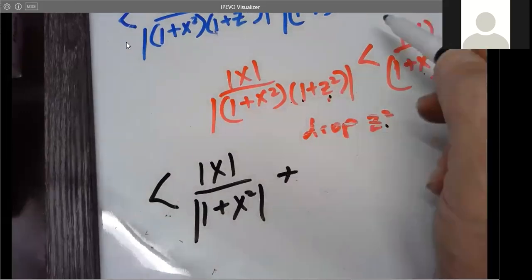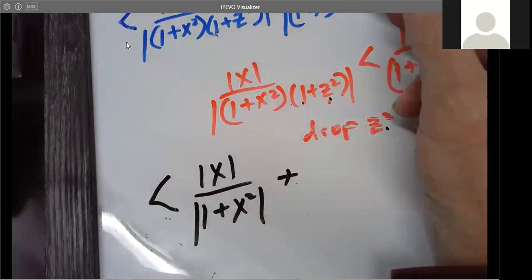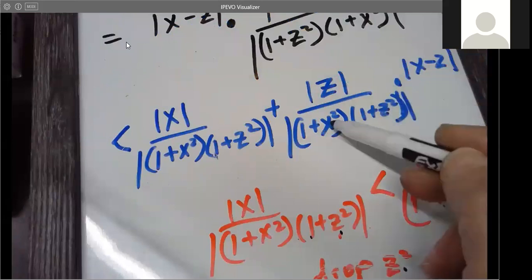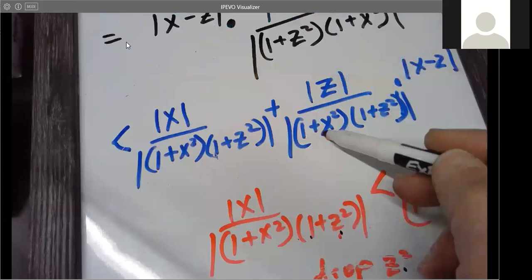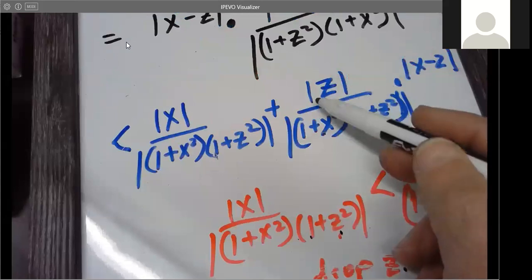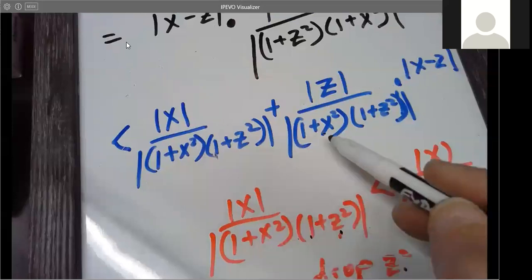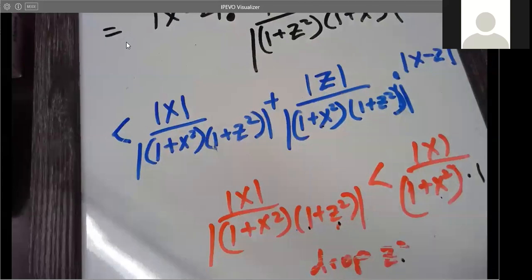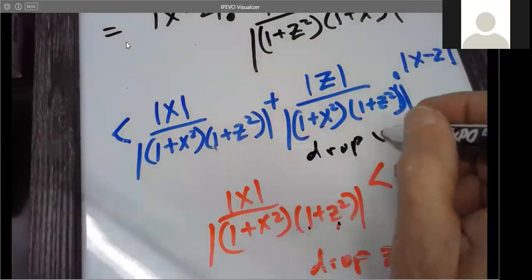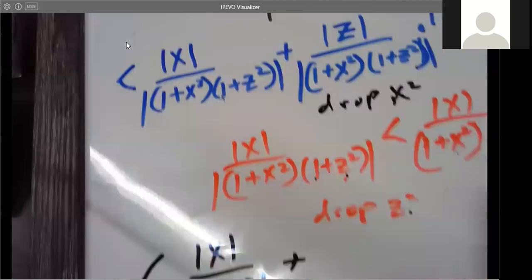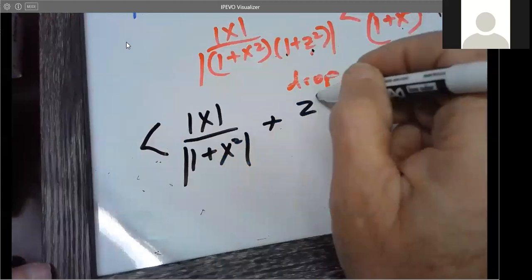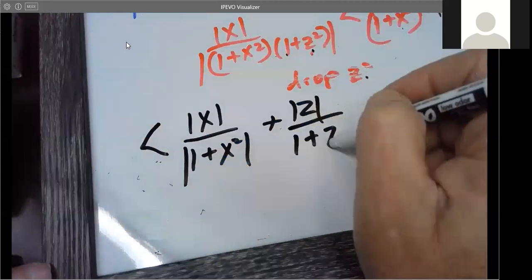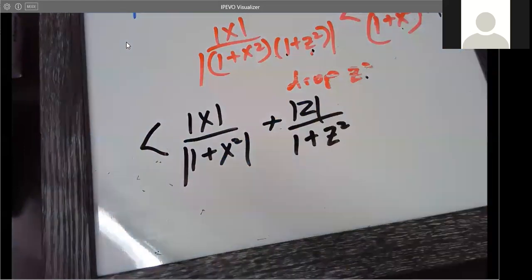And so we can do the same thing with the z's. If we drop the x squared, then all of this is less than if we just had z over 1 plus z squared. So we're going to drop the x squared, and so this will be the absolute value of z over 1 plus z squared. All right, so from here, we can say from this,